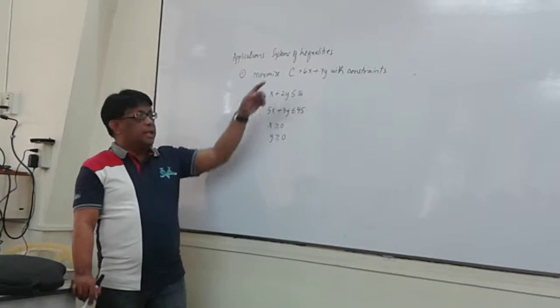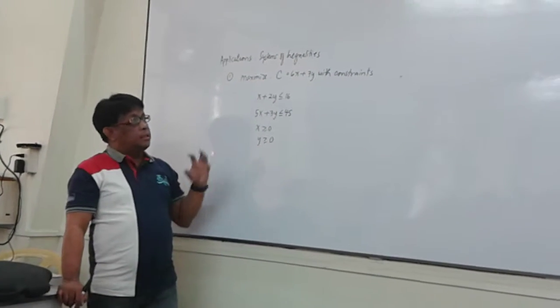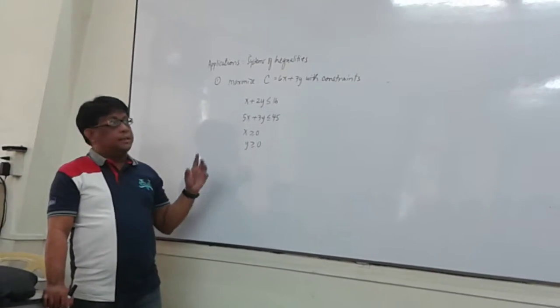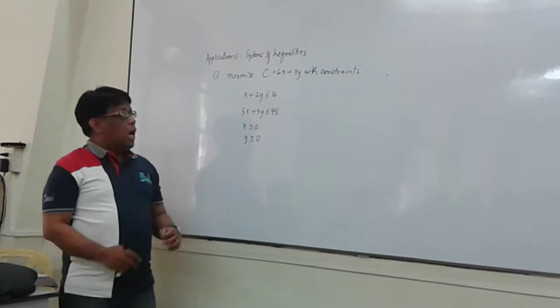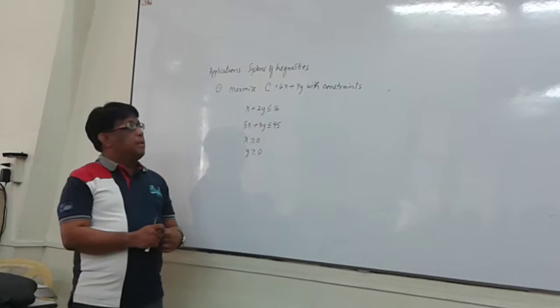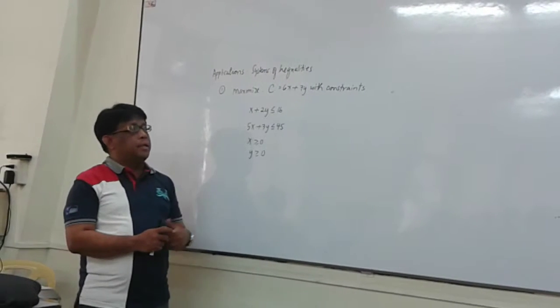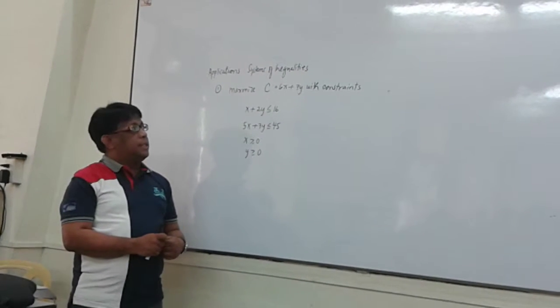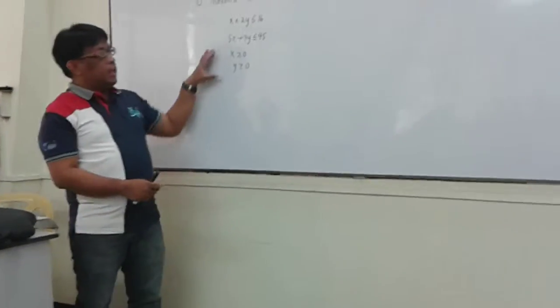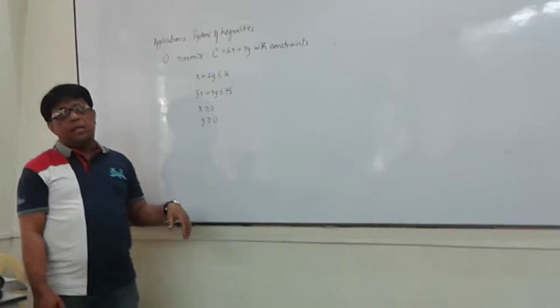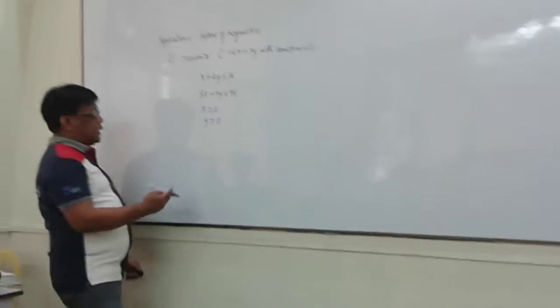Okay, so when you say C, it refers to cost. It stands for cost. So how are we going to maximize the cost here, which is the equation 6x plus 7y? We're going to plot first the constraints on the x and y axis. So let us begin with